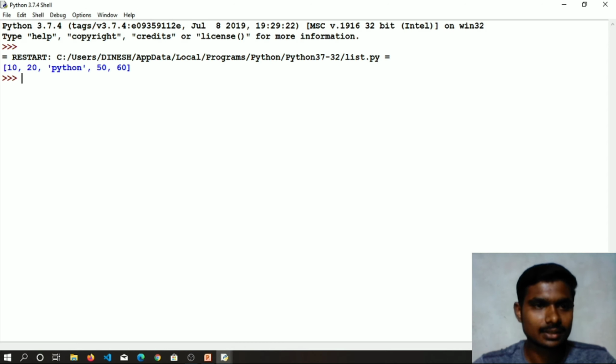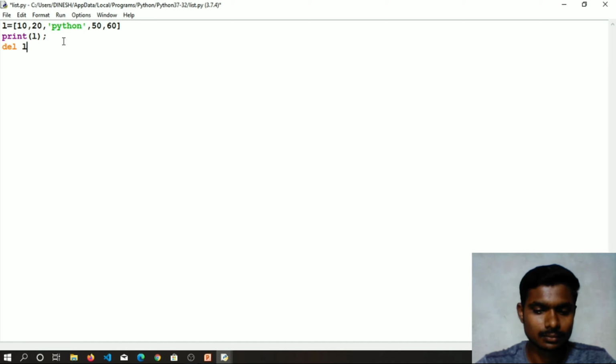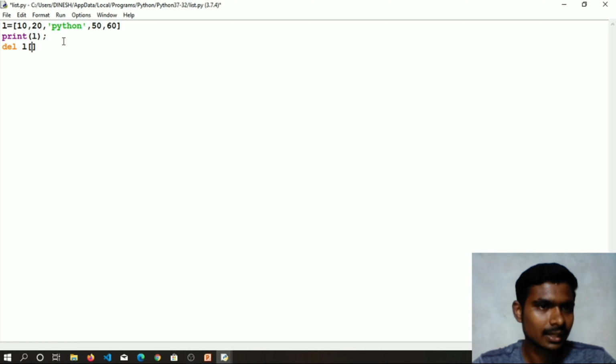See, here you can see the output. In the PDF there was one point that a list is an ordered collection. So here you can see the elements are in the same order as we have entered in the IDE. So first we will perform the delete operation. Now here we have to enter the index place from which we have to delete our element. Suppose I want to delete this 20.